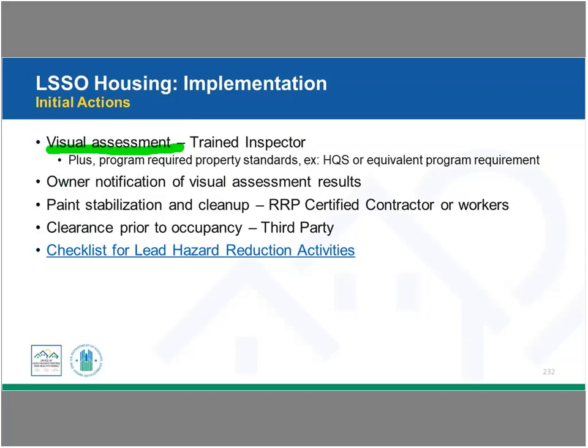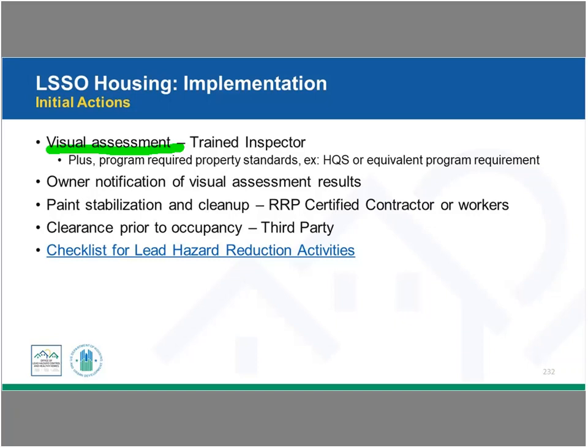Now, as we talked about earlier, you're going to have program requirements for property standards, and if you have a trained visual assessor as part of that and are incorporating that into your program inspections, that can all be done as a single process, but you're going to need that documentation in place that, yes, the visual assessment was done, here's who did it, and we've got the certification in place,